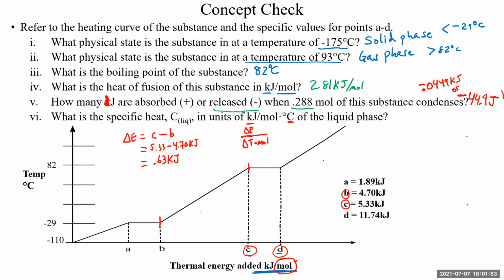All the numbers we've gotten so far have been greater than 1 for these phase changes, but the entire span of the liquid phase only gives rise to a fraction of a kilojoule. And that's usually how it is. Like I've been saying, it takes a lot less energy to warm something up that's in one phase than it does to change from one phase to a different phase. Phase changes are very energy intensive. Whether you're gaining energy or losing energy, they involve a huge amount of energy change. So far we've got the top half of our specific heat. It's going to be 0.63 kilojoules